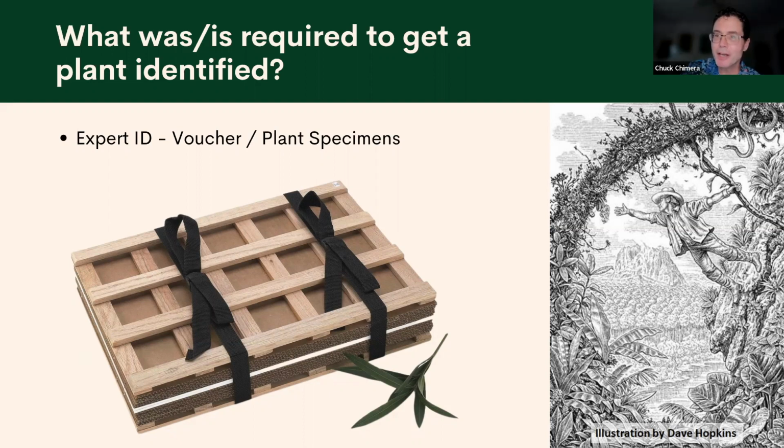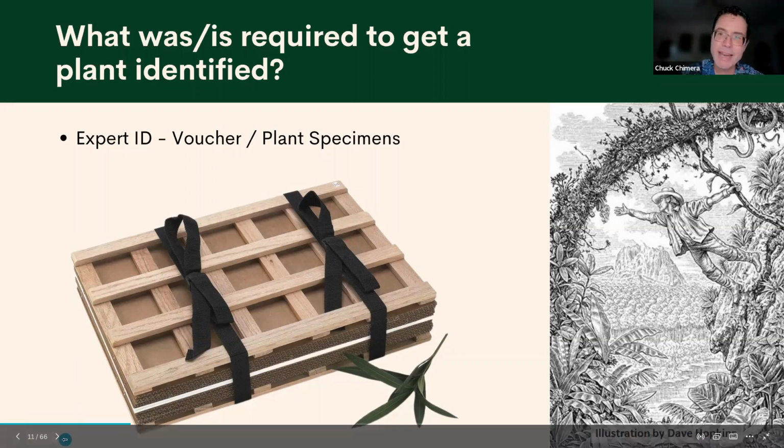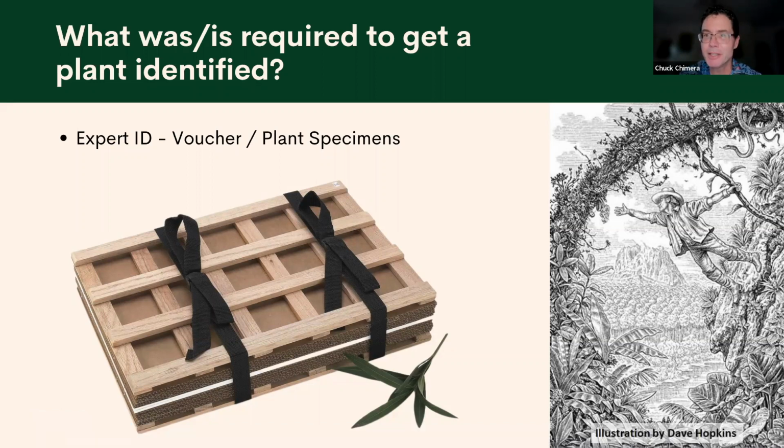And it's nothing too special about this. It's just pieces of cardboard held between a wooden frame and compressed together with straps to flatten and dry plant specimens so that they can be mounted on an herbarium sheet and then used for reference later. But, again, just like field identification, collecting plants in the field requires a bunch of tools and things that not everybody might have access to. And not everybody's going to go through all the trouble of collecting an herbarium specimen or a plant specimen either.